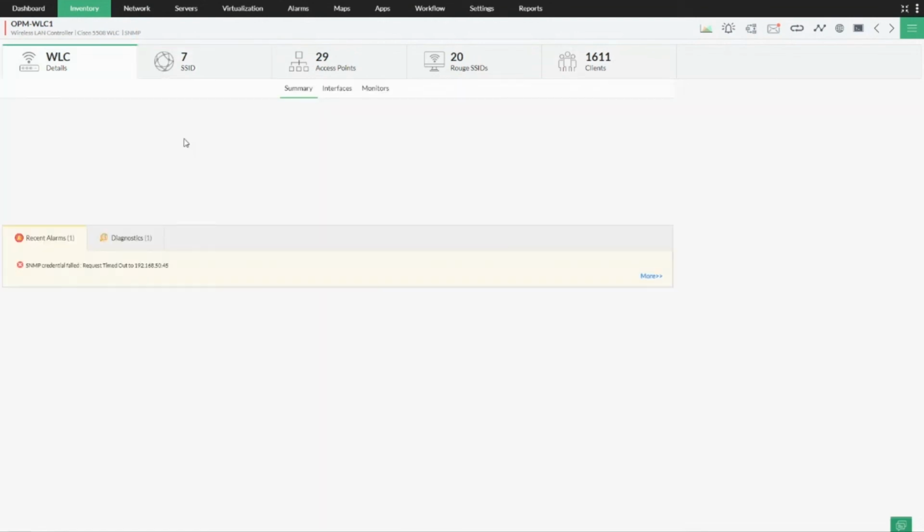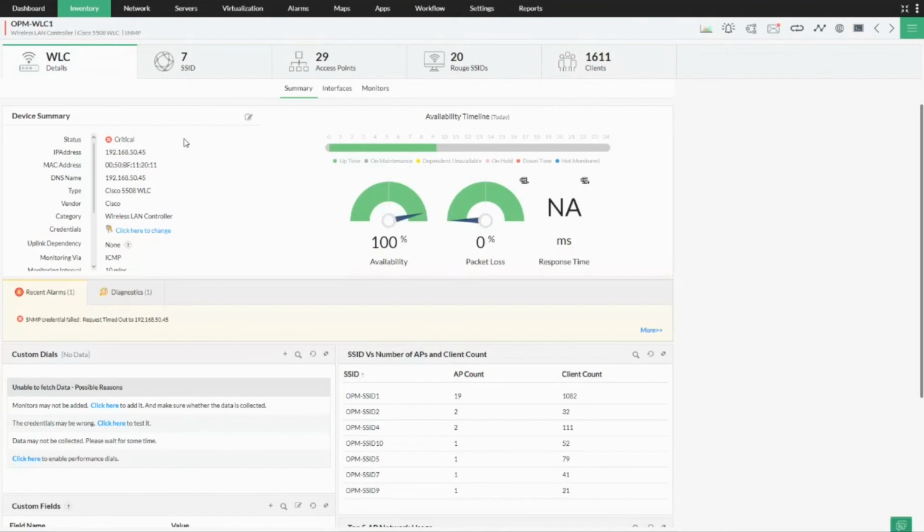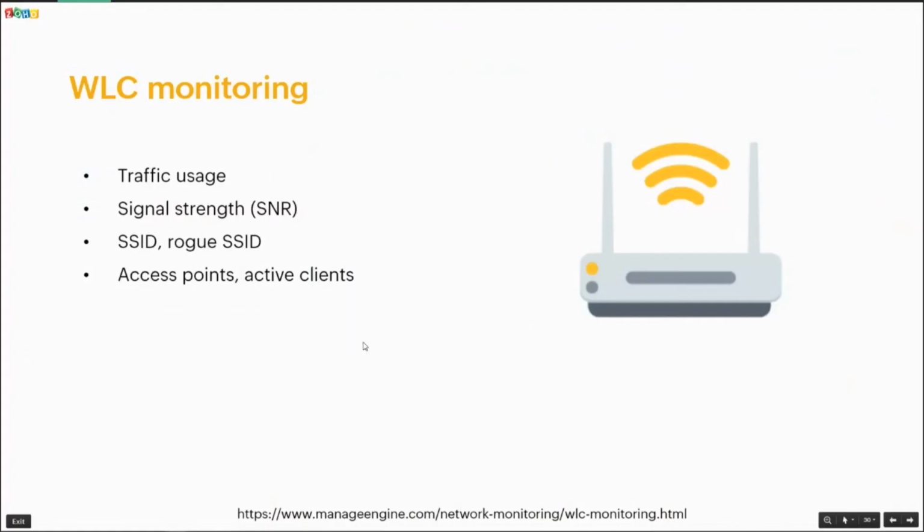So by using the wireless monitoring solution from OpManager, you would be able to know what is actually happening in your environment based on your wireless LAN controller and get a detailed structural understanding of what is happening, what's the consumption, how the resources are used, and you can have a better visibility of your network and take necessary actions if something goes wrong to avoid any major outage or downtime in your environment. So now let's go back to the presentation and continue.